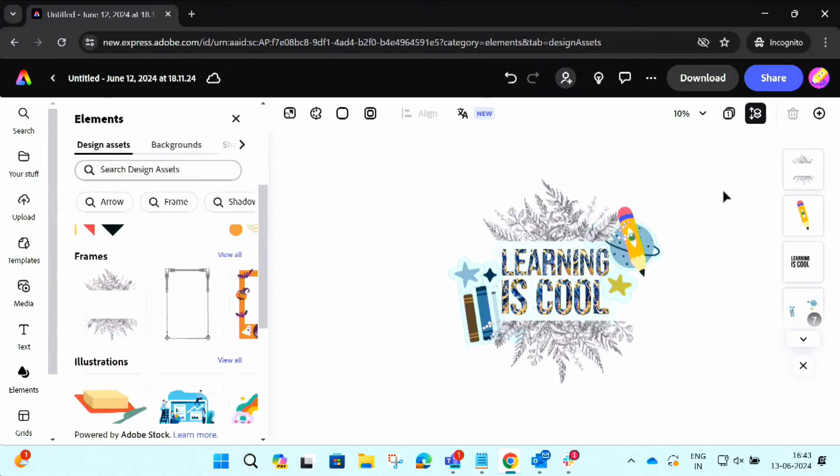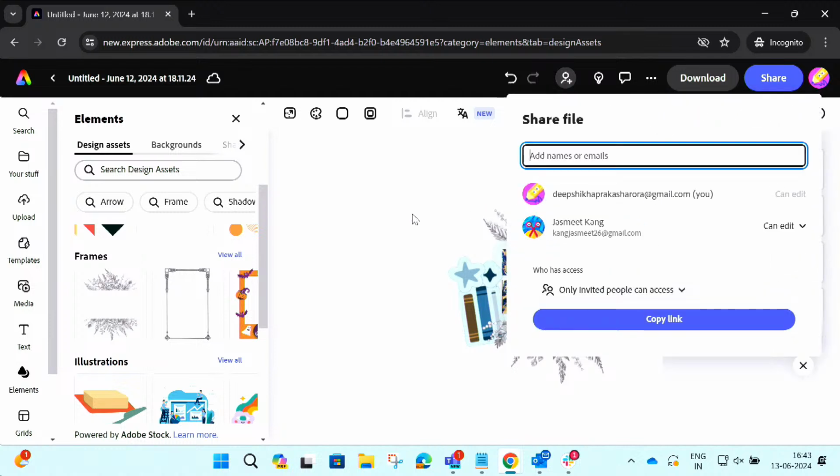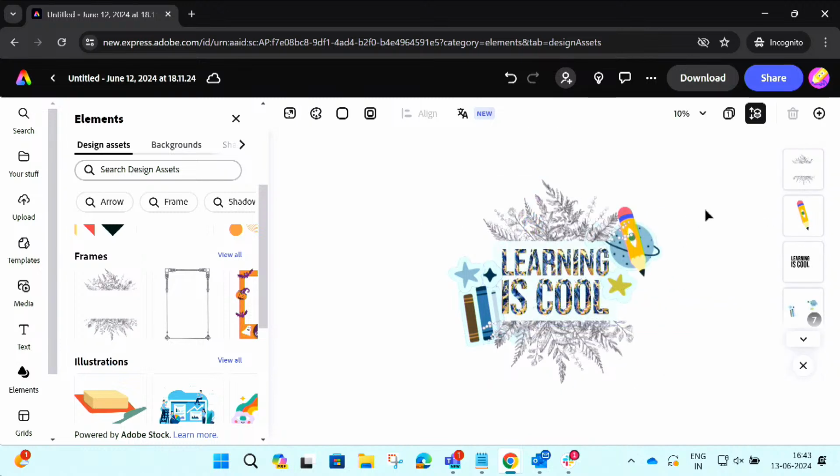So Jasmeet, now I've already shared it with you. Let's see how you will be able to see it at your end, since I have made certain changes as well. So let's see. Sure. So I think this is the email that I have received from your end, and it says Deepshika Arora invited you to edit a specific document. I'm now going to show you all how you will be able to see it as well on your Gmail accounts or any accounts where you receive the email. And once you have that, how you can start collaborating on it.